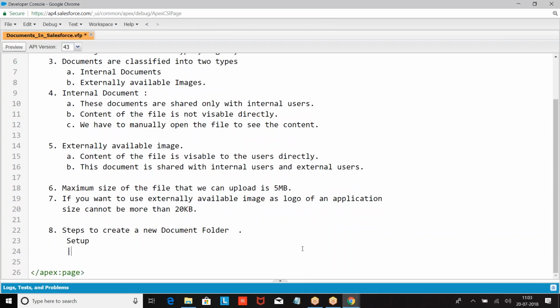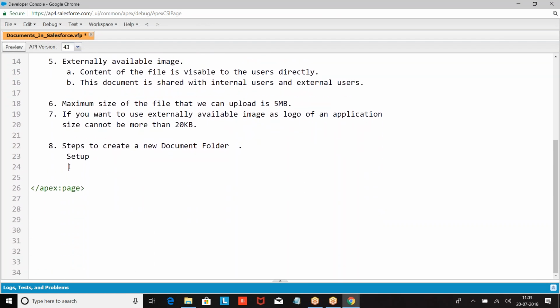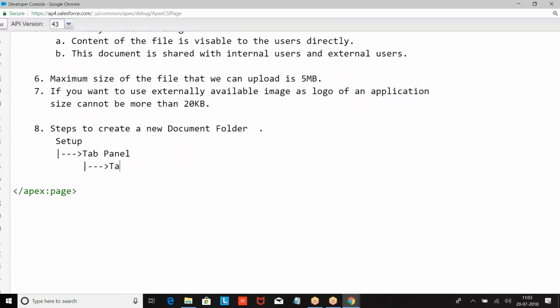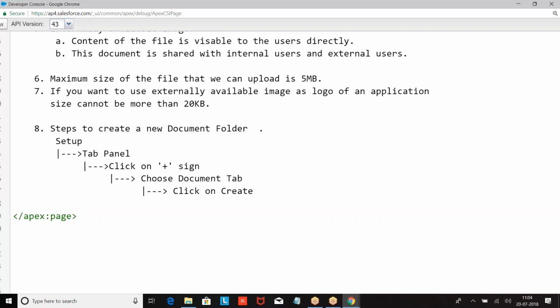Setup, we had a tab panel, setup, tab panel, then click on plus sign, choose document tab, click on create new folder.